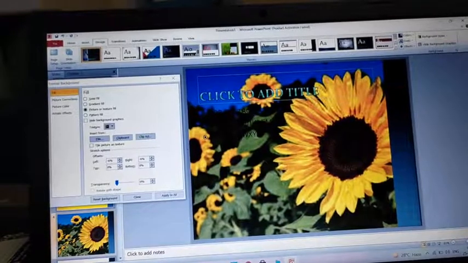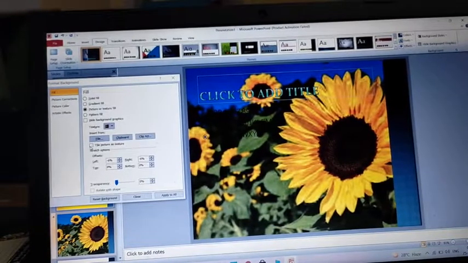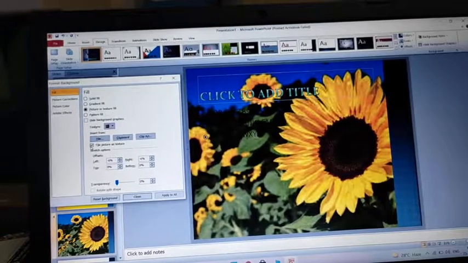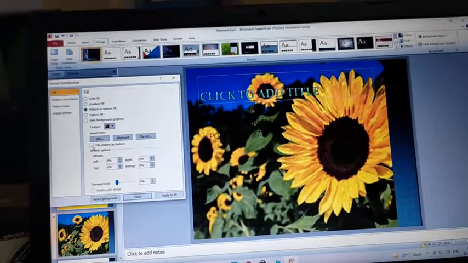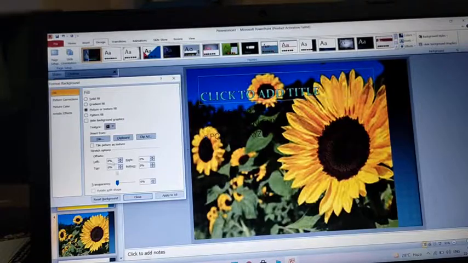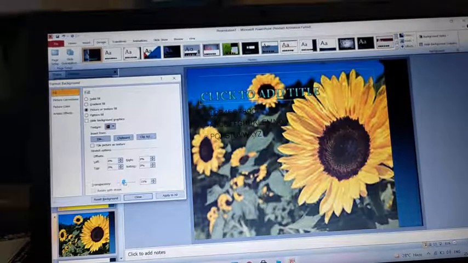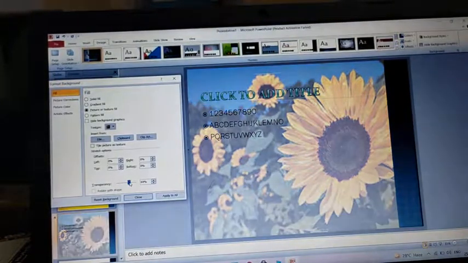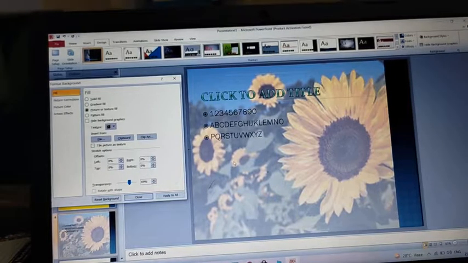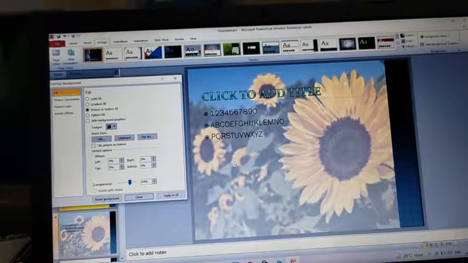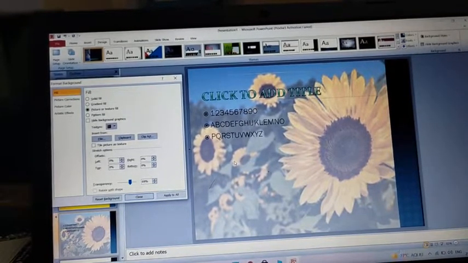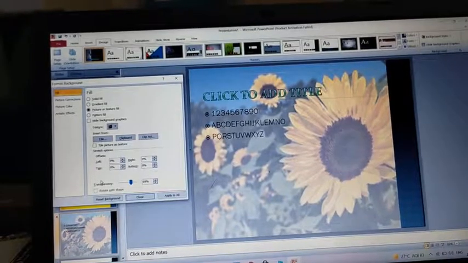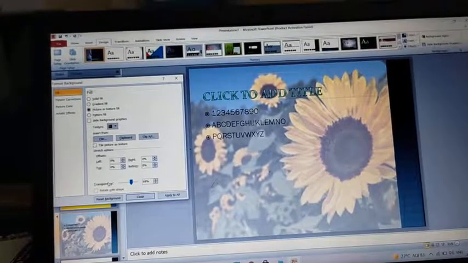Now here in this picture we can add the picture as the texture effect. Alright, again the picture transparency also, how light we want. So this is like a blurred picture. Children, you can use this effect for making your greeting cards or invitation cards. It will look very beautiful on that. Okay, so this is how we add the picture,